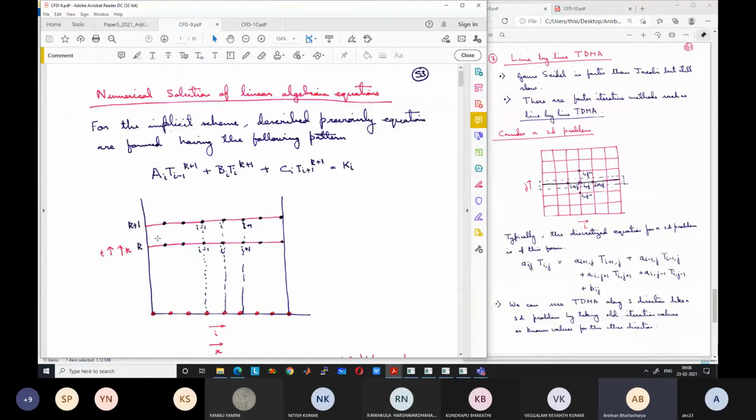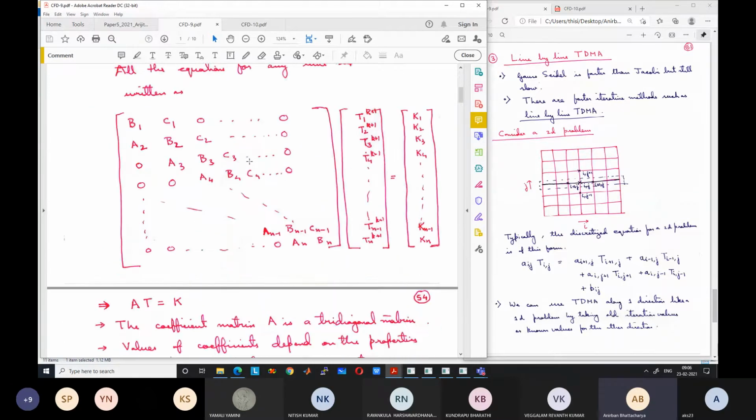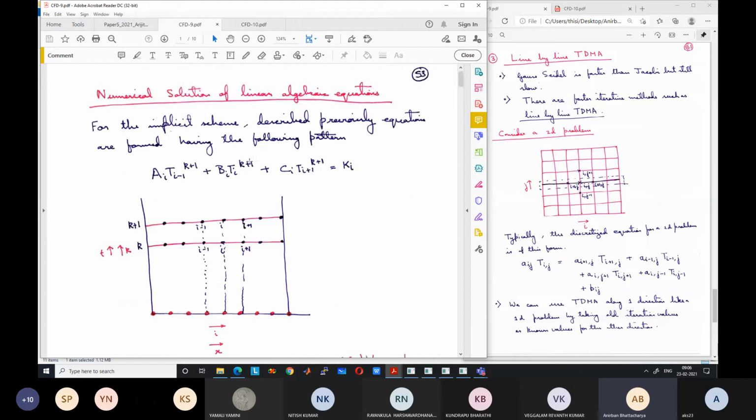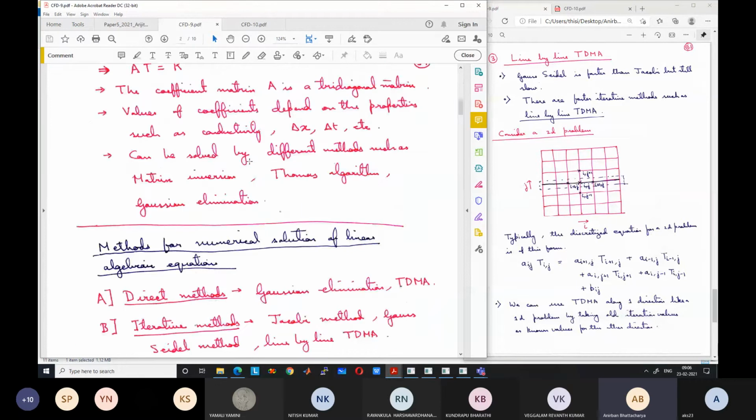If it's a 1D problem, it will be n equations, n unknowns. If it's a 2D problem, accordingly, the problem will scale. And we need to solve these equations simultaneously to get the value of n unknowns. Otherwise, we cannot get them. So we have seen two types of methods. One is the direct method. The direct method that we have studied is known as the tridiagonal matrix algorithm, TDMA method, which